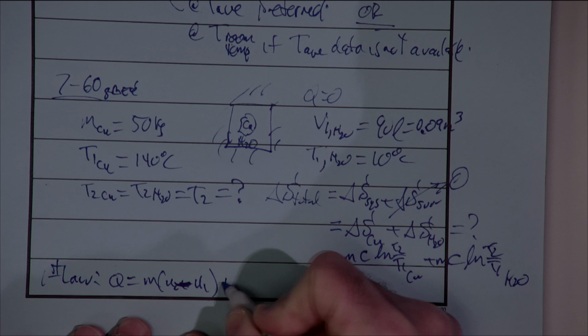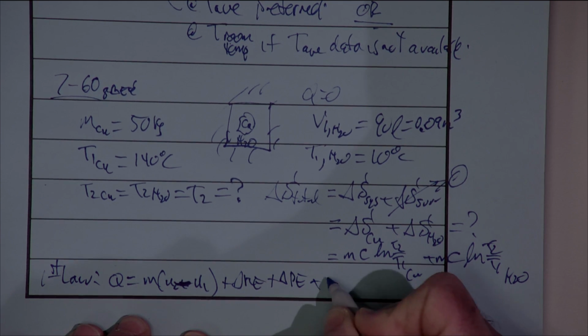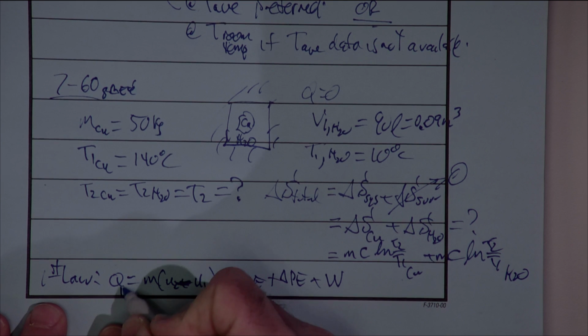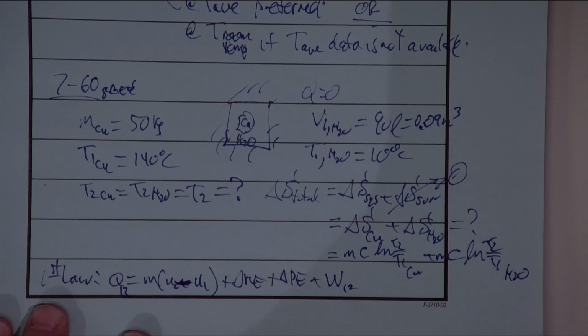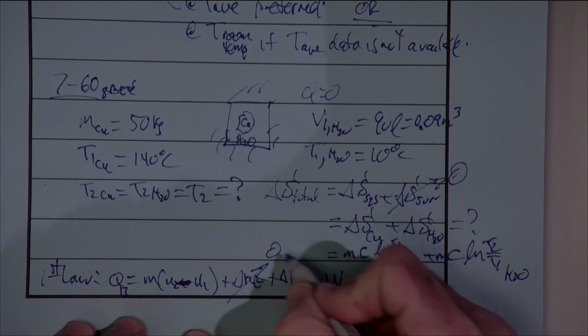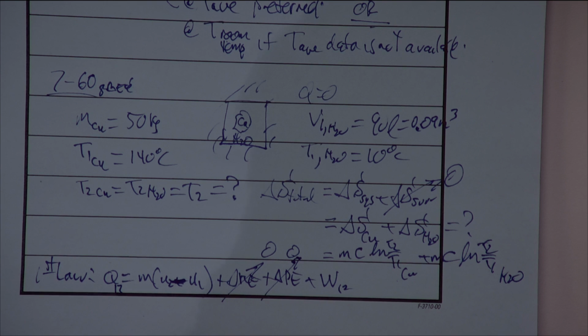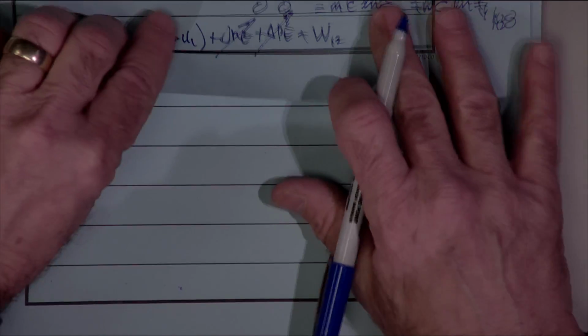And then plus the change in kinetic and potential energies, and then plus the work. I guess I'll put a little 1, 2 here. So we know we're going from some initial state 1 to final state 2. And let's note further that we're going to assume that both kinetic and potential energy changes are 0, just like we've done for every problem involving closed systems, right? So our first law then just simply becomes